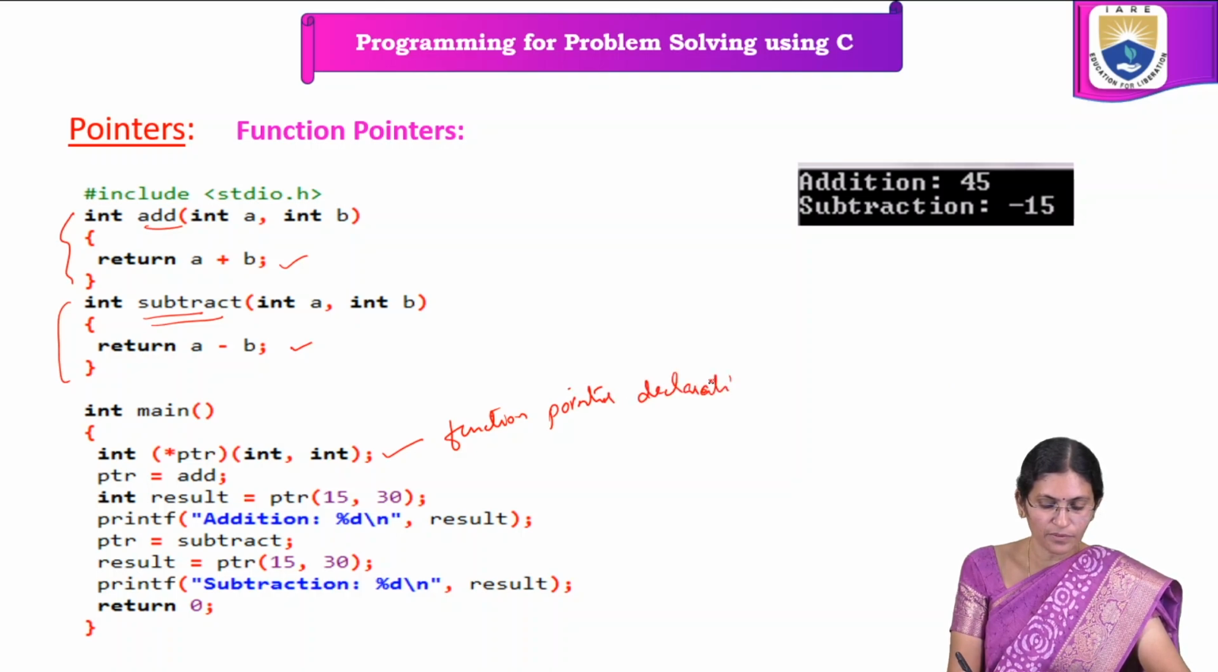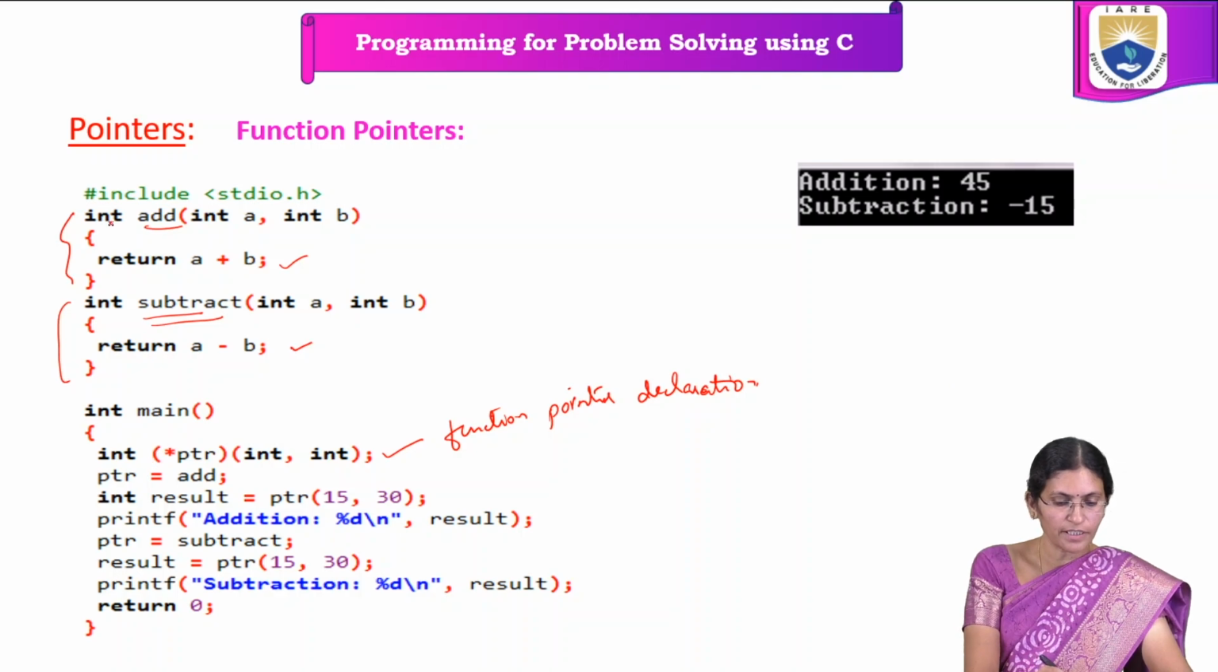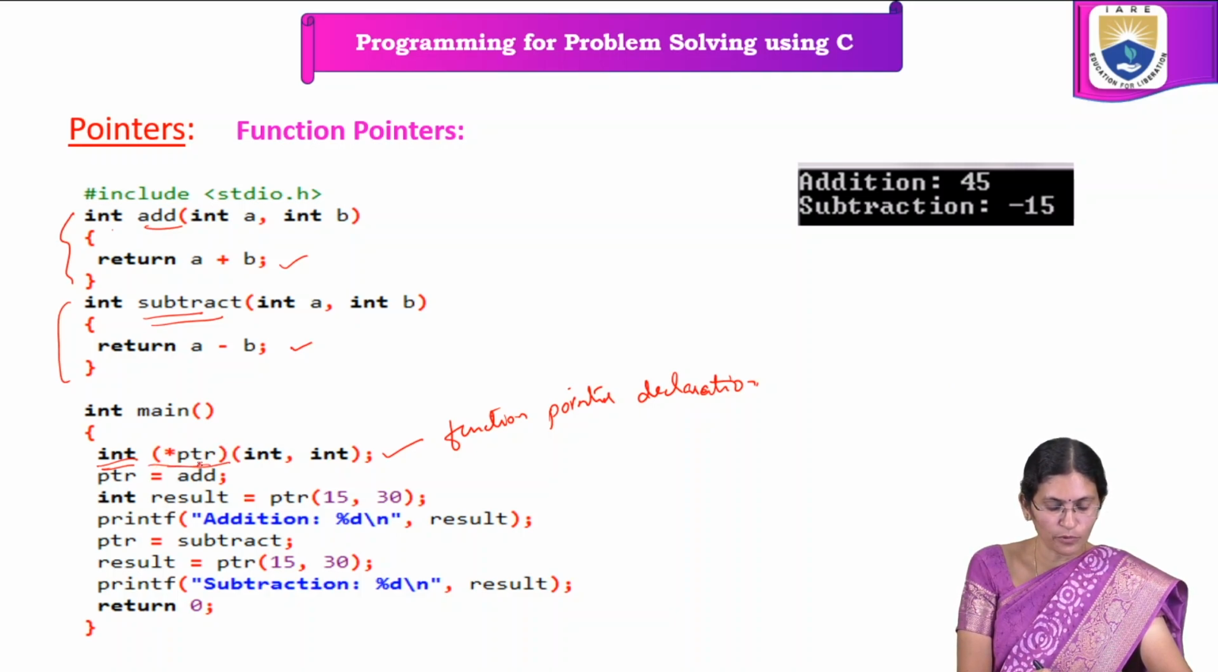So we are declaring the function pointer in this way. The return type of this function is integer, so therefore we are writing integer here also. Then after that, in brackets, we need to specify the name of the pointer. The name of the pointer here is star PTR, followed by the arguments or parameters. Here it accepts two integer parameters, so therefore we are writing int and int. Then this is function